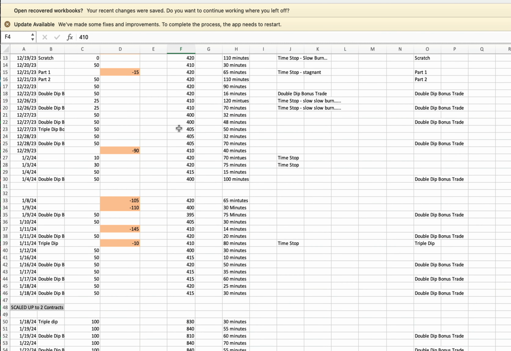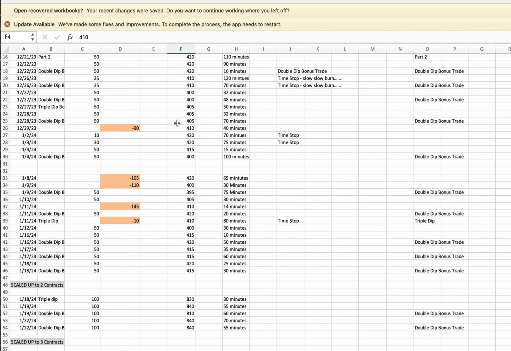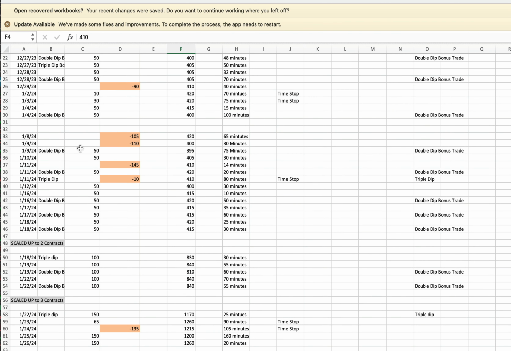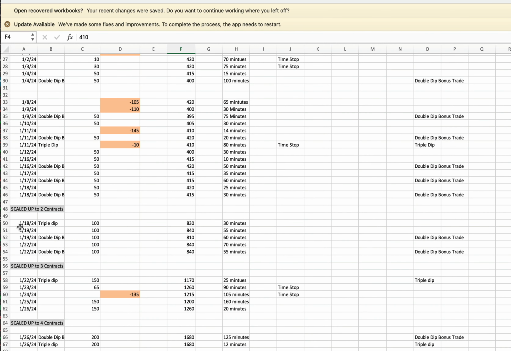So in January, I had done that, where I had paid myself back the original $420 that I initially put at risk. And then I began to build up the winnings, the pot of overall winnings for the trade, up to the point where I could start to scale. So to scale, after paying myself back the initial $420, I would need to accumulate $840 to go to 2 contracts and then just continue to scale from there. And that happened right here. So on 1/18, about a month and 2 weeks later, I had paid myself back the initial $420. I had no more risk on the table, and I had built up the pot of winnings to the point where I could now scale to 2 contracts and just continue to scale from there.